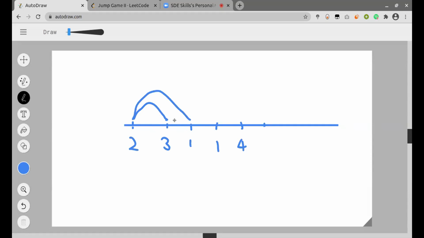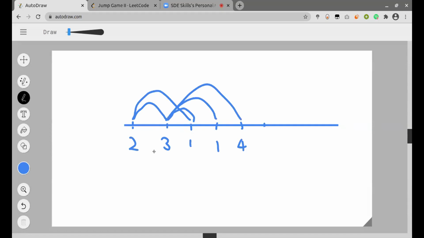Now when I come to 3, again I have 3 possible ways to jump. The first is of length 1, the second of length 2, and the third of length 3. In this way we can try simulating each of the steps, and then find the minimum number of steps.